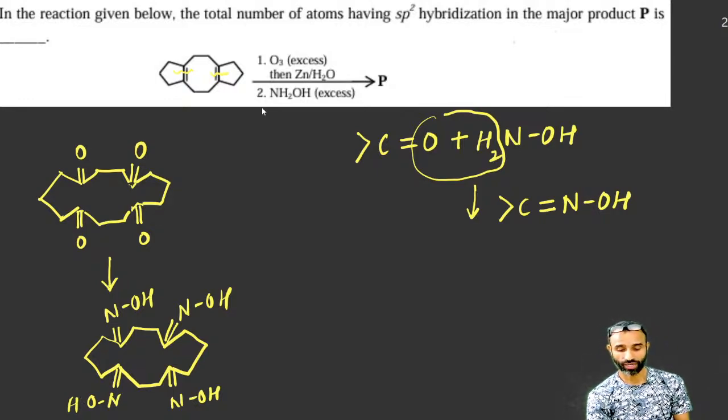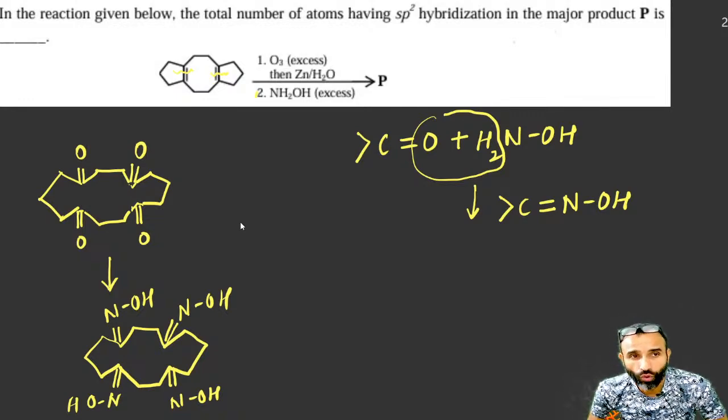So that will not affect the hybridization, it remains the same. So there are in total 4